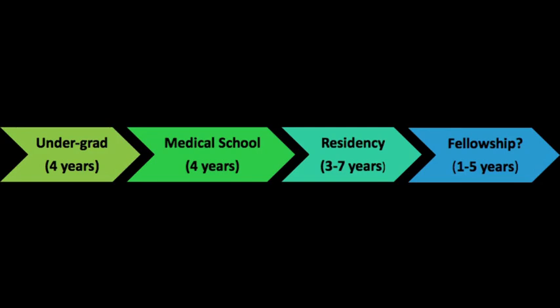Okay, so to become a physician, obviously the first thing that you need to do is complete your undergraduate training. And undergrad takes 4 years to complete most of the time. And towards the end of undergrad, if you're going to apply to medical school, then you have to take a test called the MCAT. The MCAT is kind of like a GRE except for doctors. So it's the test you have to take when you're applying to medical school.